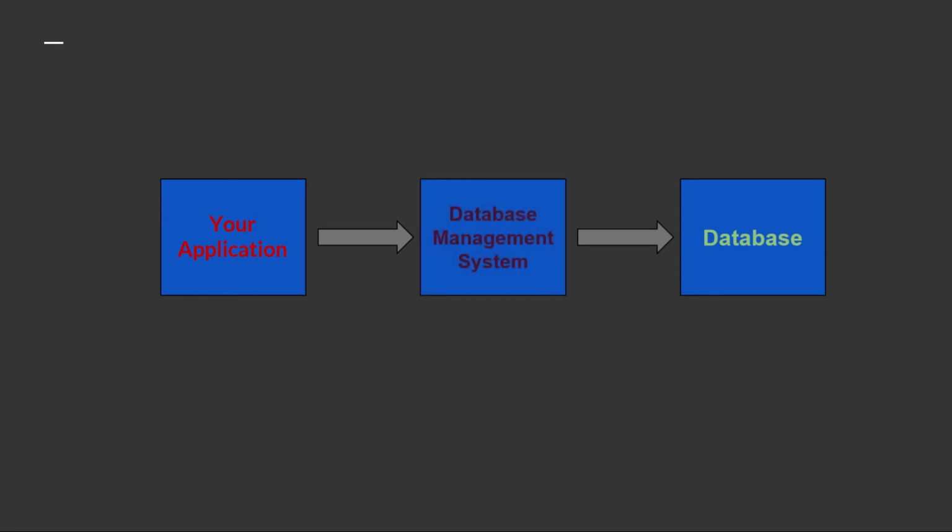Let's suppose you have a dating application and you have a database for it, and you are storing all sorts of information like name, photos, and images that have been sent for all the different users. But if a user wants to change their name or profile photo, or wants to delete their profile from the application, how can we make these modifications in our database? A database management system or DBMS allows us to interact with our database. It means we talk with the DBMS and the DBMS talks with our database.